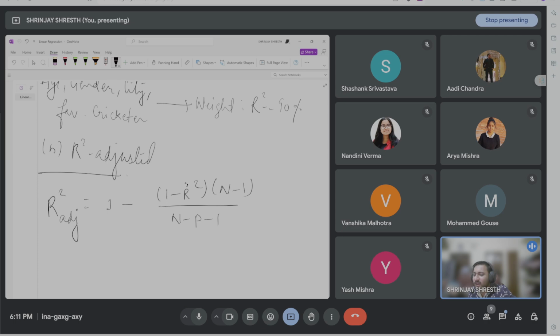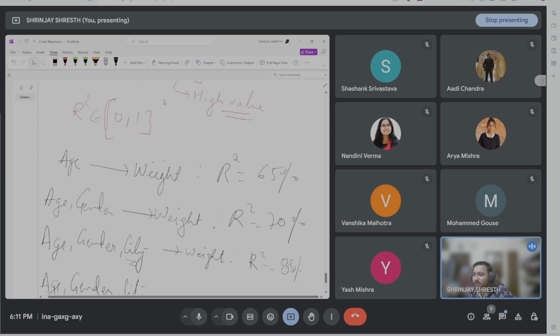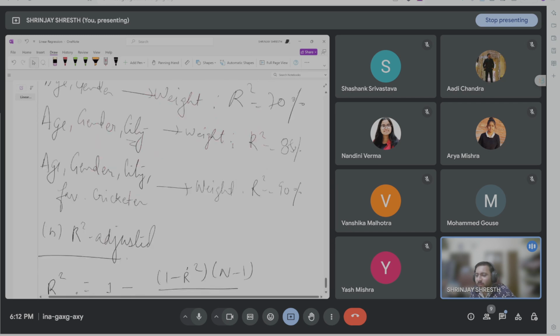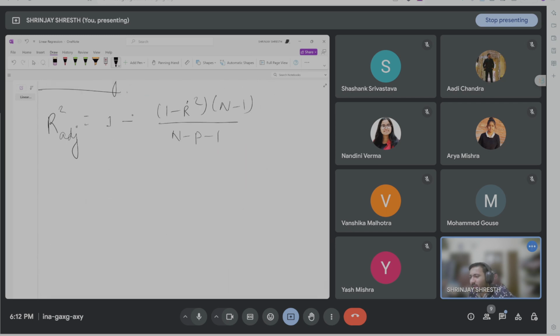What this R square is? This R square is same as this thing. ये R square वही है. First we will calculate this, and what this n and p are. See, what this n is, it is total number of samples,